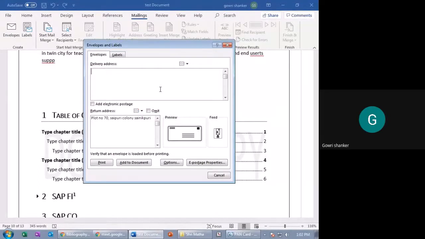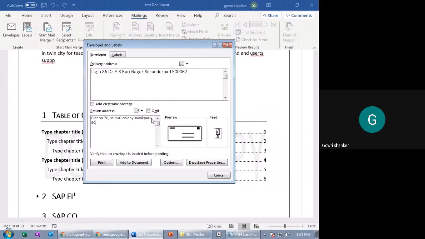For example, if you want to change the delivery address, for example, some address, will take 1 sec. Okay, LIGB 86 Dr. A.S. Rao Nagar, Secunderabad, 5,94. Sorry, 62. This is a delivery address. And here return address. In case the person is not available, it should come back to us from address. Return address is nothing, it's a from address.